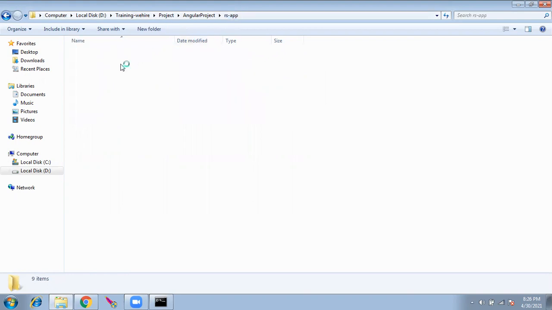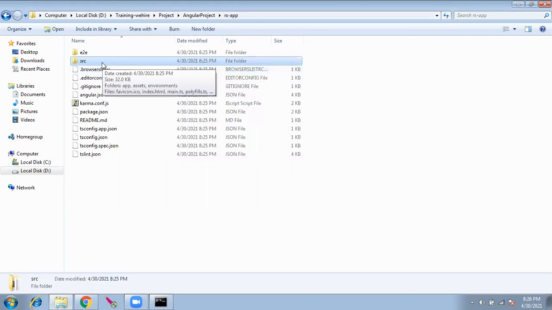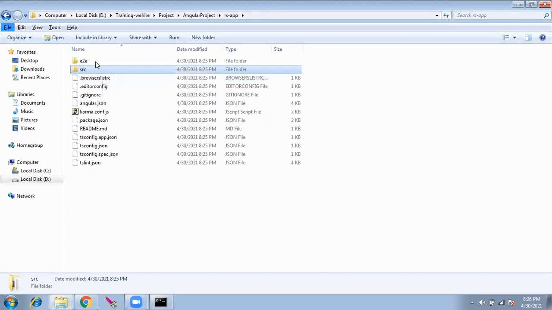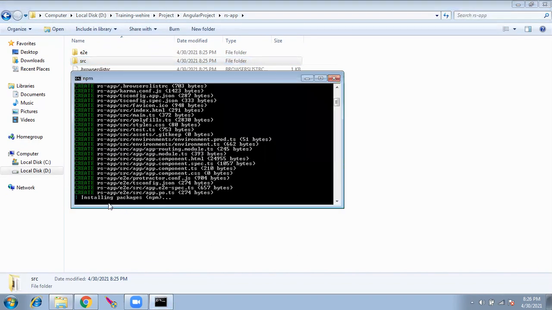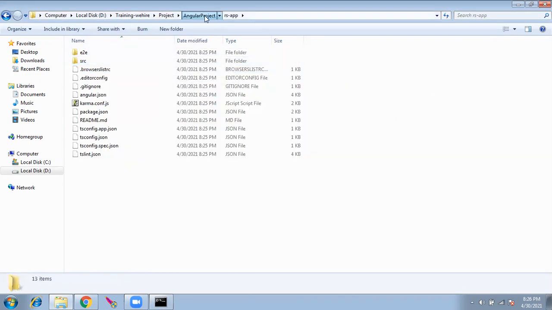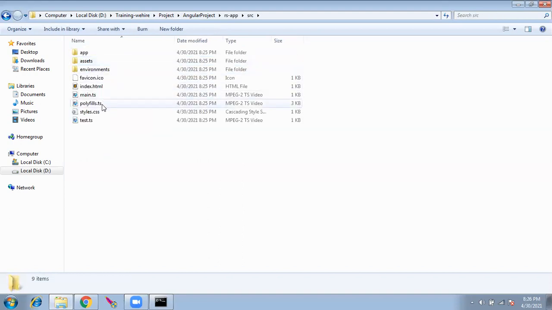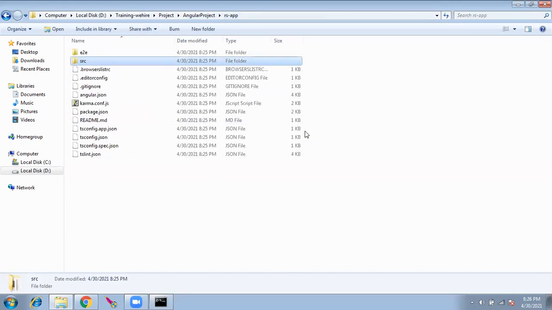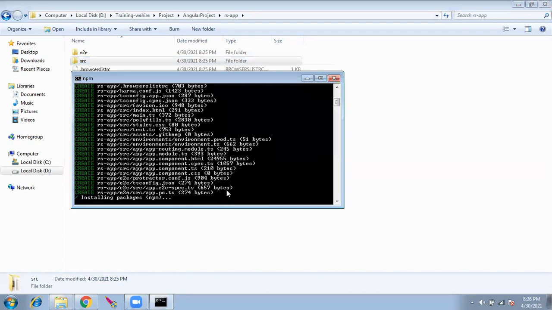This will not have the business logic, but using this, we can write our own business logic. Installing packages, still it is going on. SRC, all these came. Let's wait for a few minutes.